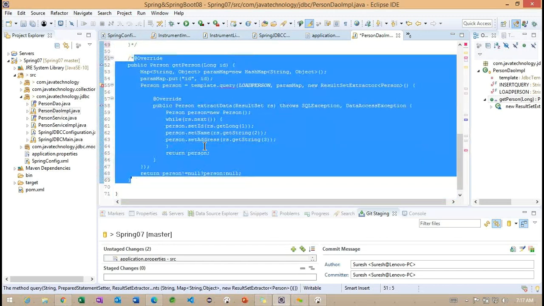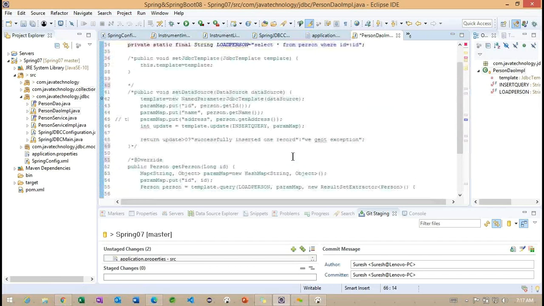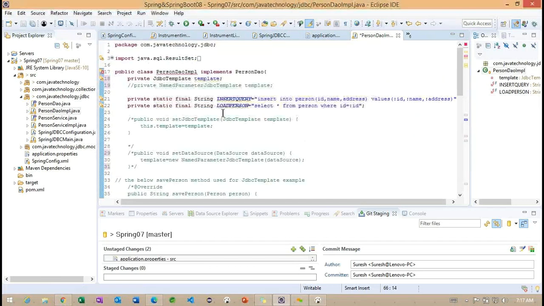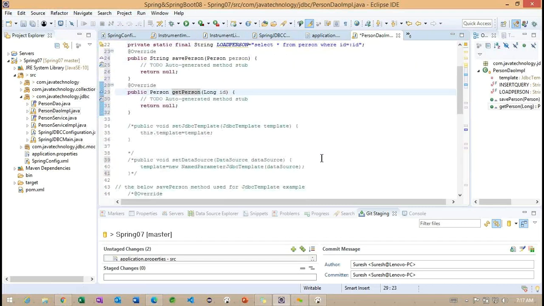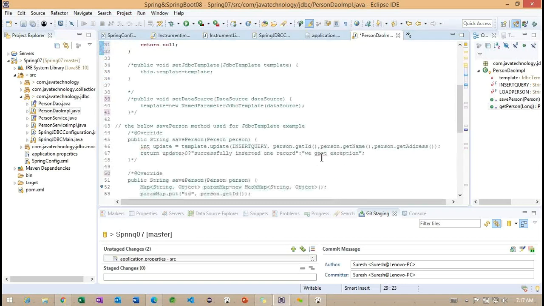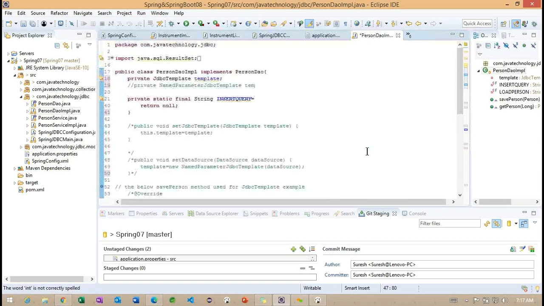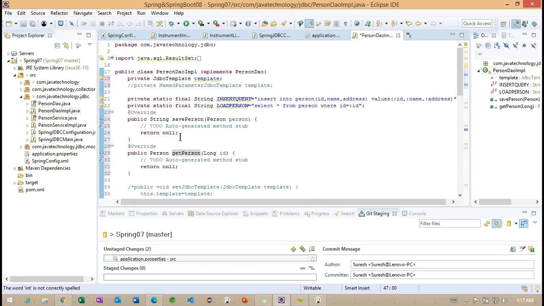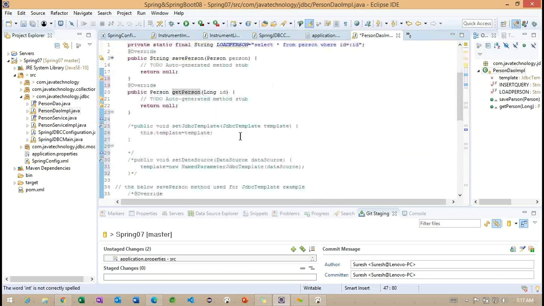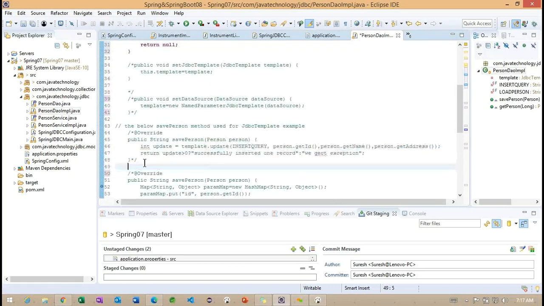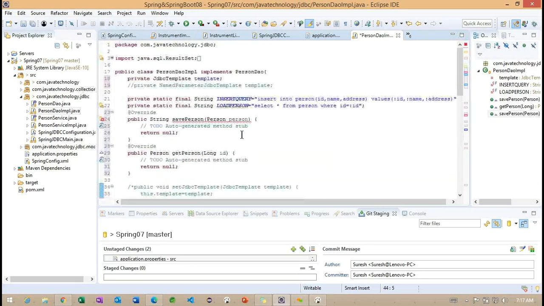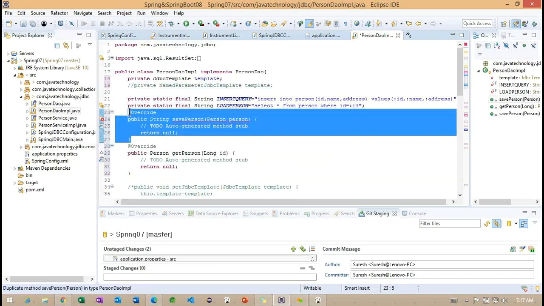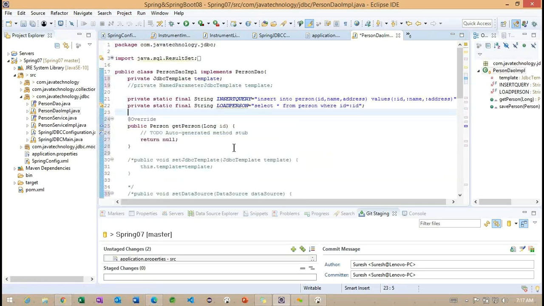Let me comment this method also, and we'll try to implement getPerson later.